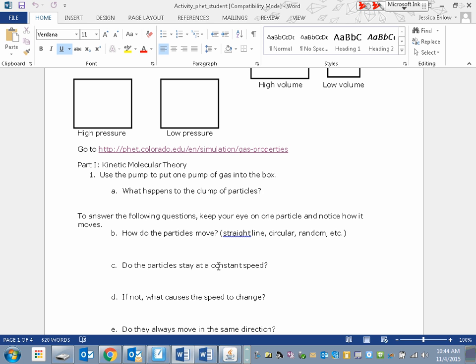They're spread out because they don't hit each other. So do we not need air? The low volume is a smaller square. The low pressure, basically, you see